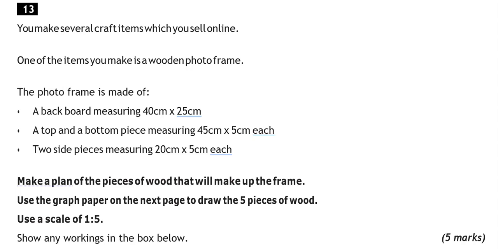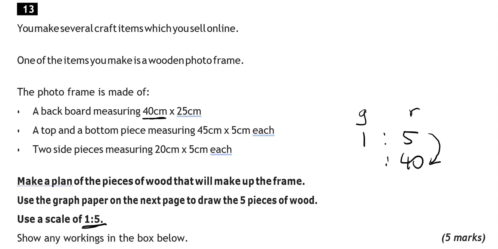Use the graph paper on the next page to draw the 5 pieces of wood. Use a scale of 1 to 5. Show any workings in the box below. As the scale is 1 to 5, so 1 is on the graph and 5 is in reality. That means a backboard measuring 40 centimeters, that is going to be in reality 40, and on the graph paper that will be,